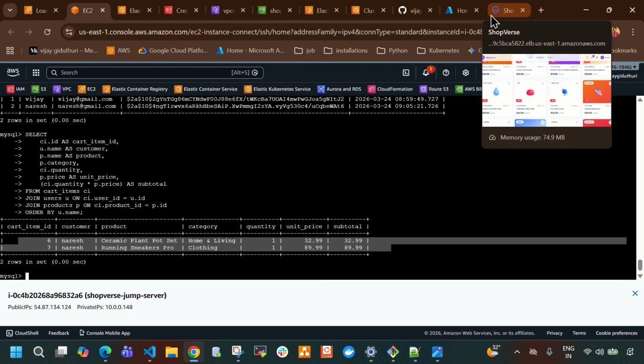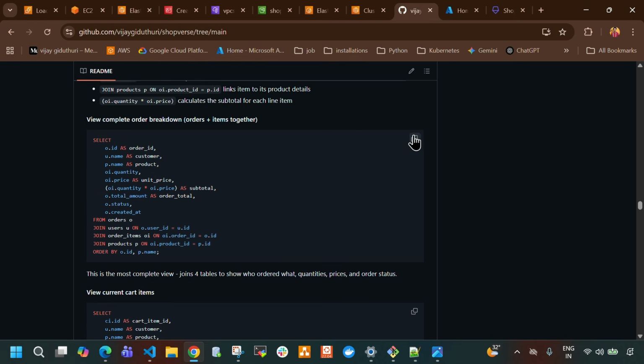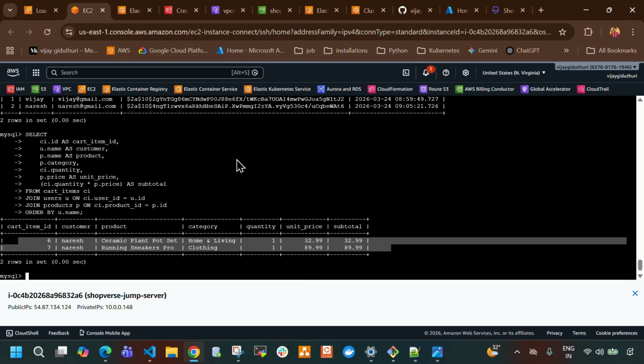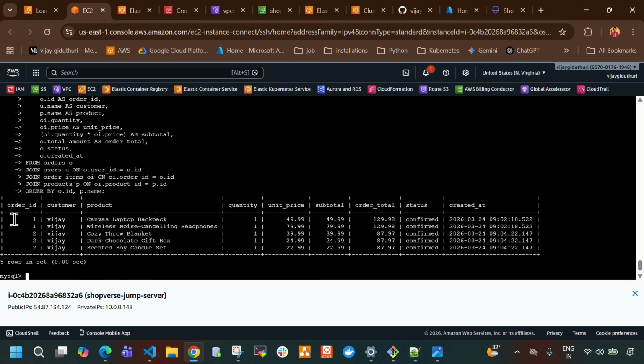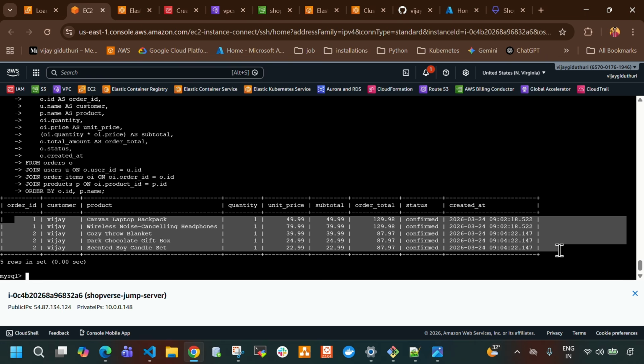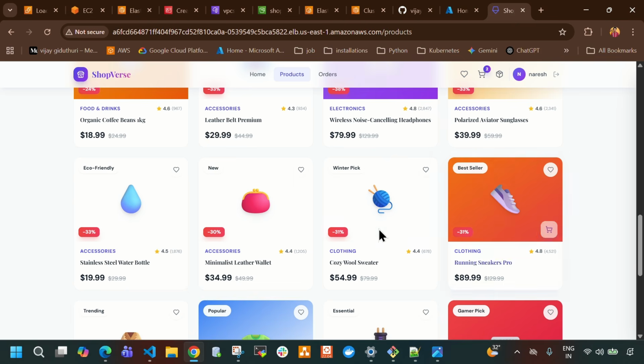Now, if you want to see all the ordered items, you can directly run this command. You can directly paste this command. It will display all the order details for all the users. Okay. So only Vijay has ordered this item, right? So now